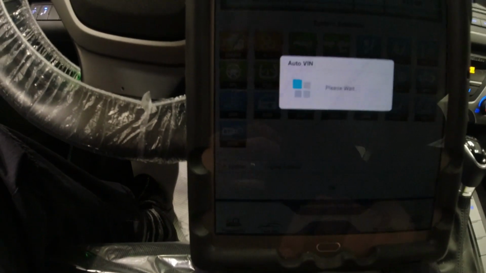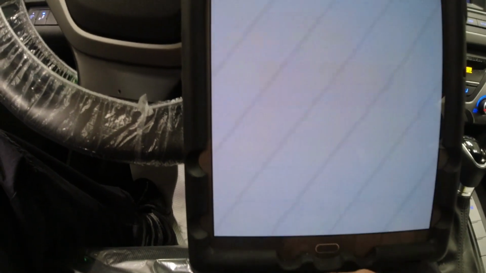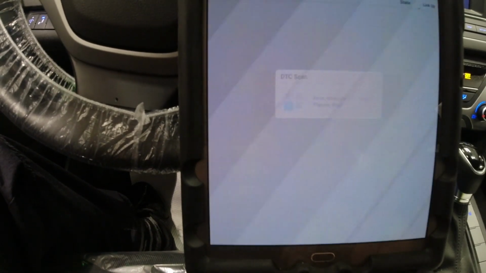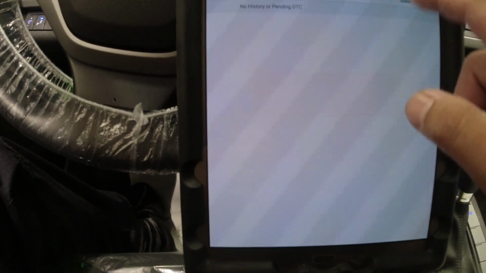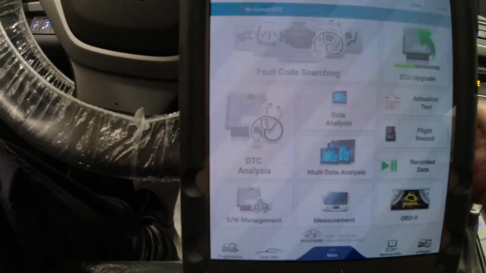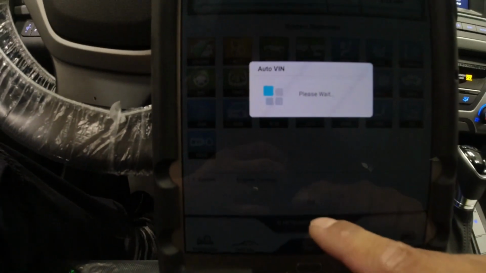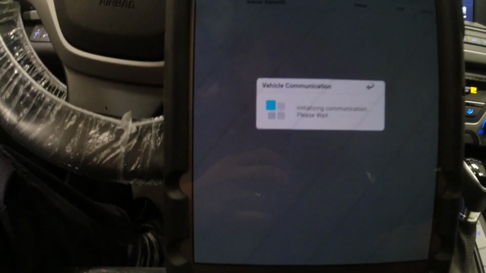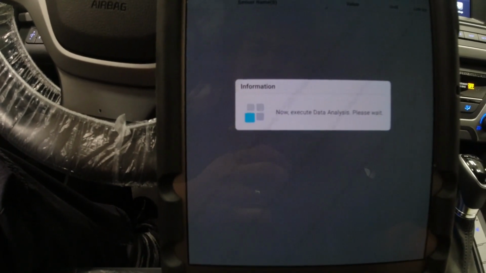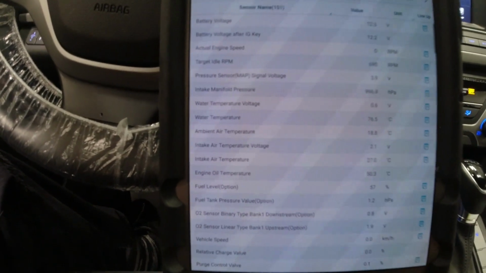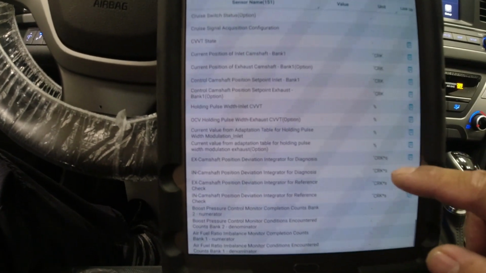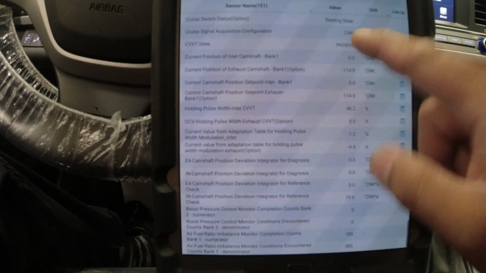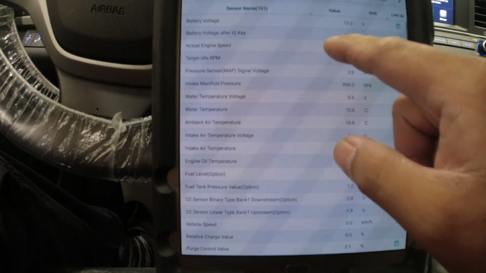Let me see here. No codes. No codes. Let me try again. So we know our exhaust and intake are stuck in a position, both of them, and we also knew that those components are brand new. So I'm gonna go to the same intake. You know what? Let's put the RPM, actual speed,